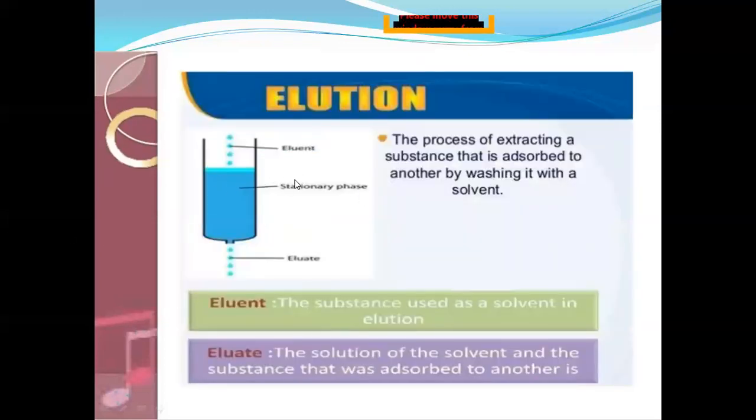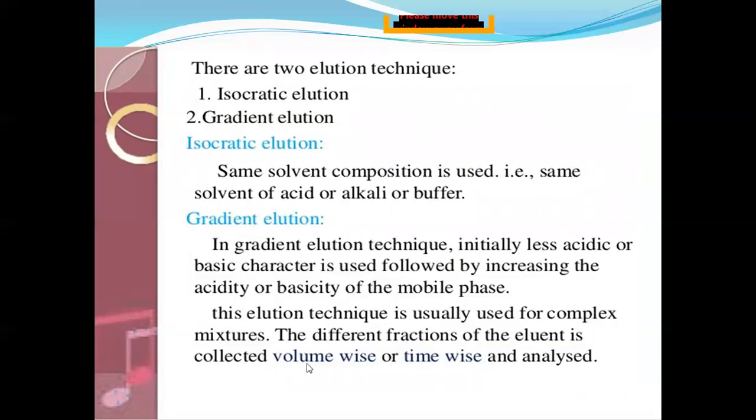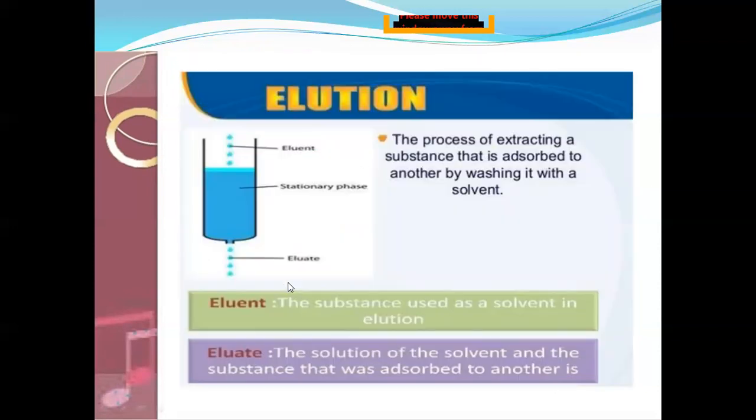So this is the elution process, a schematic diagram of it. This is the stationary phase, which is nothing but our ion exchanger, and this is our eluent. Before introducing the eluent, we have introduced the reaction mixture. After some time, we introduce the mobile phase. When we introduce the eluent or mobile phase, what happens? The separation is speeded up, and the components which are separated first, known as eluate, we collect in different fractions with respect to volume or time. So here we collected the eluate volume-wise or time-wise.